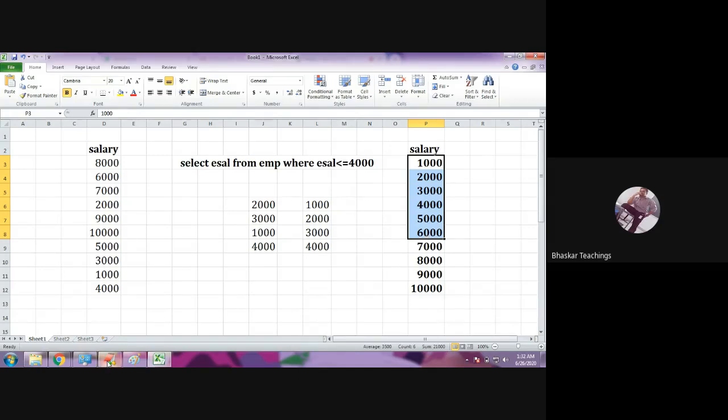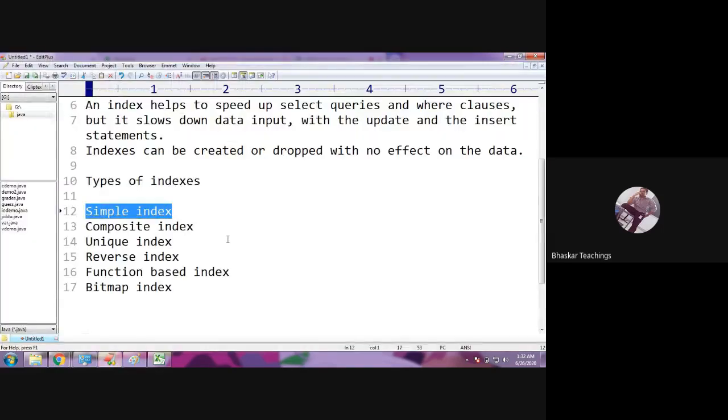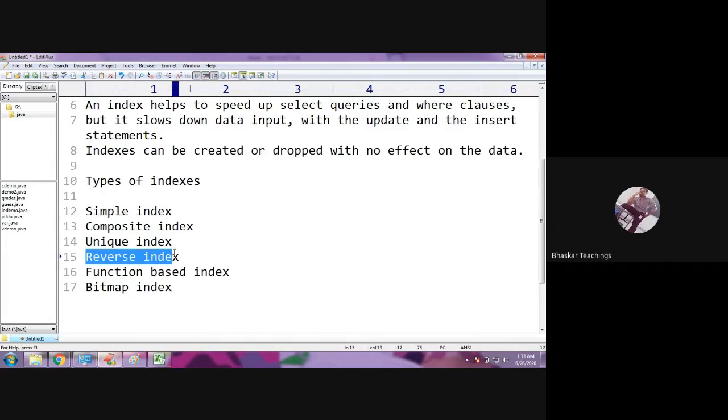Okay, and I told you, this is with a simple index, and I told you if you want to apply an index on a column where you think people are going to search frequently on bigger data. I told you, when the query is greater than 4,000, that means the user is trying to retrieve bigger data. And if you feel many queries are going to be given on the biggest, maximum value data only, not on the smallest value data, then it is better to go for a reverse index. Okay, the fourth one, reverse index.